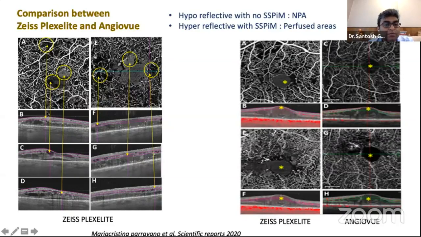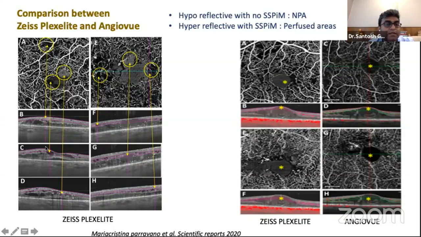What they noticed, if you look at the scan structure here, is that it passes through the area which doesn't have a macular edema. If you see the same area, there is a clear-cut capillary dropout. But when you look at this hyperreflective area, this passes through the intraretinal cystic space. So these cystic spaces are hyperreflective. What they say is these have the suspended scattering particles in motion, the SSPIM.